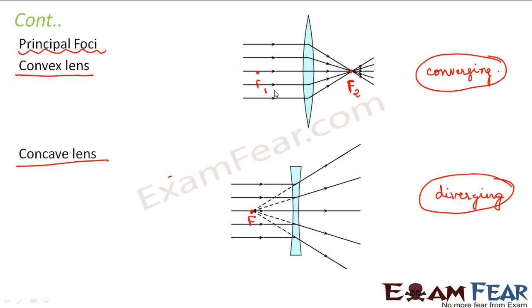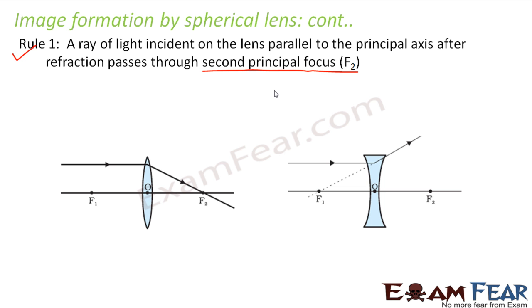Now at your level, as per your syllabus, we will not talk much about the two different radii of curvature R1 and R2, or F1 and F2. We will only look at a broader picture. We will just see the behavior of the lens when incident rays fall on it. You will know in more detail about first principal focus and second principal focus in your class 12. In case you are interested to know about it now, you can refer to the videos of ray optics of class 12. Okay, so for now we will keep it here and we will see what happens in the first rule.